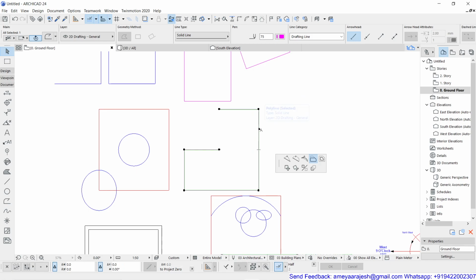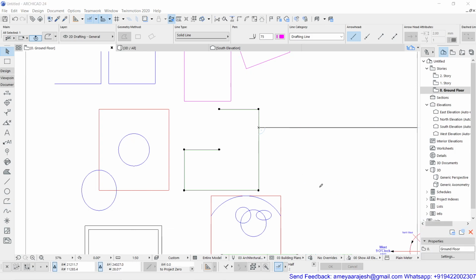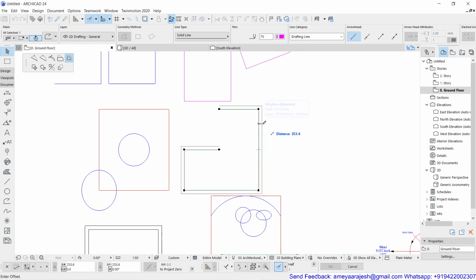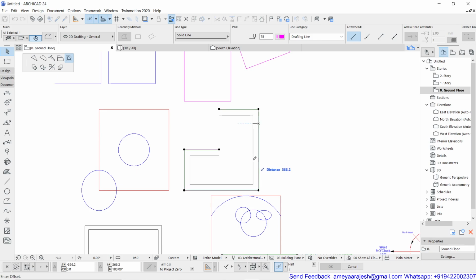And if I re-click with the same Mercedes cursor and choose offset all edges, you can see what exactly is happening. You can offset this way also. Now I'm going to continue with the same offset all edges, and if I want to preserve the old one and keep a new copy, I just have to hit, because you can see at the bottom it is written enter offset, that's the only prompt. You just have to type the offset value with which you want to either shrink down this object or enlarge this object.